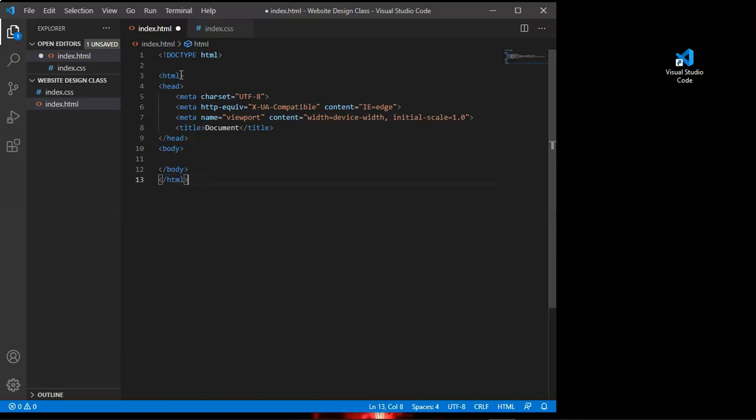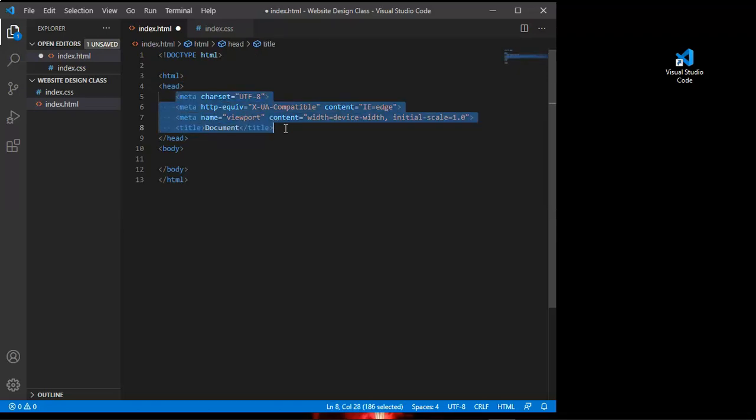And the difference between this opening tag and this closing tag is just the / before the word HTML. So most HTML tags have opening and closing tags. Just very few of them are self-closing, meaning that they have the opening tag but they don't have a closing tag. We also see the head tag, and like I said, the head tag holds some necessary and important information